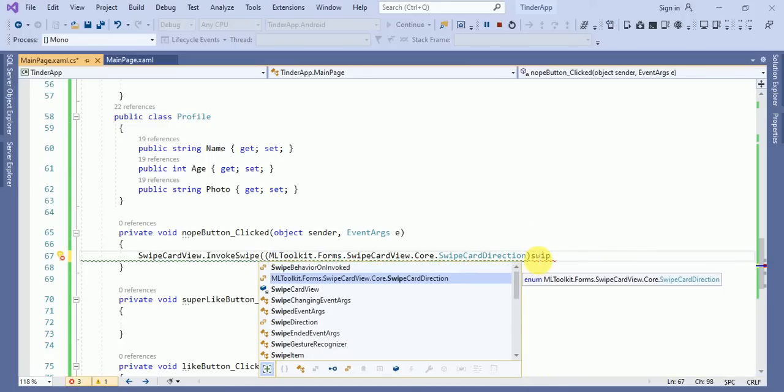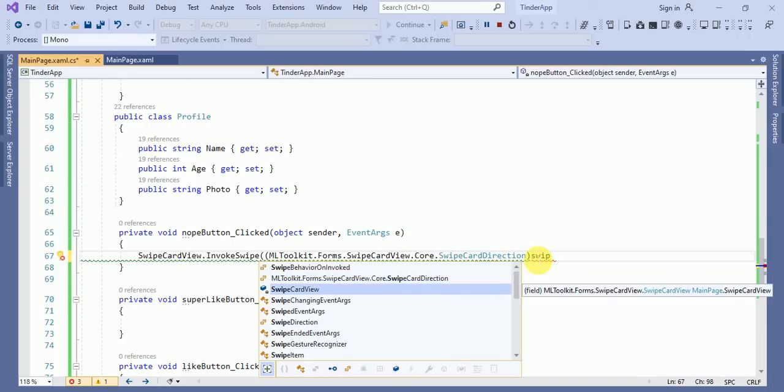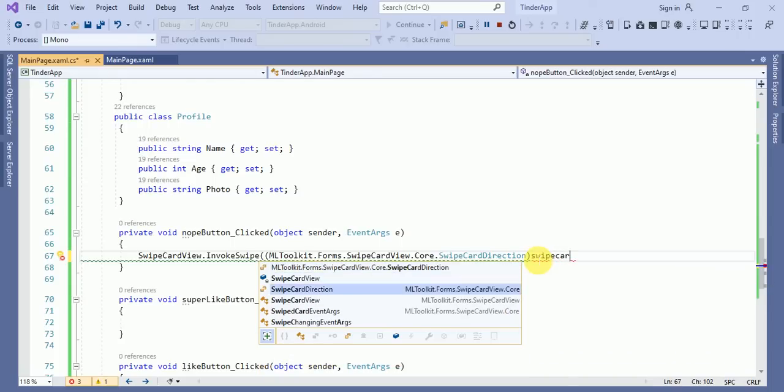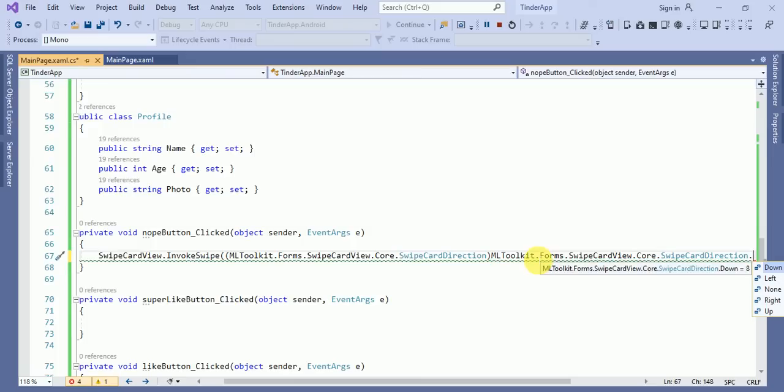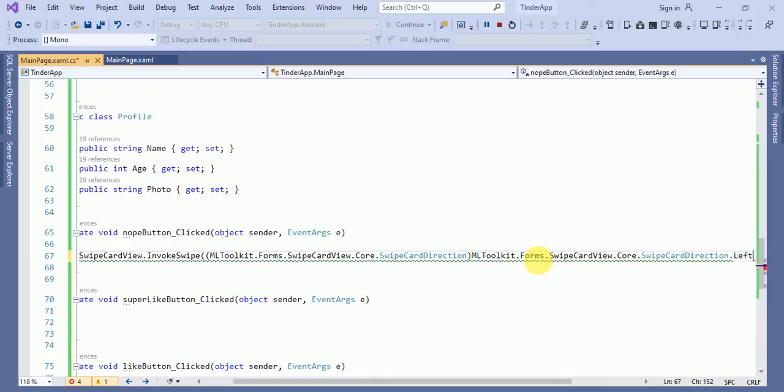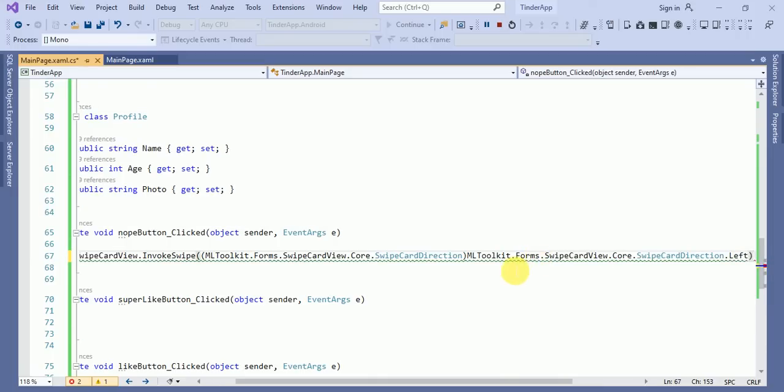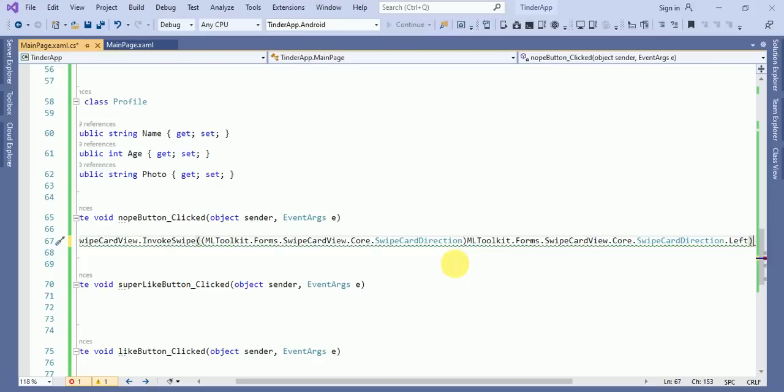And SwipeCardDirection dot. So this will be like we are saying this is the dislike. So for dislike we will say left. Okay, cool.